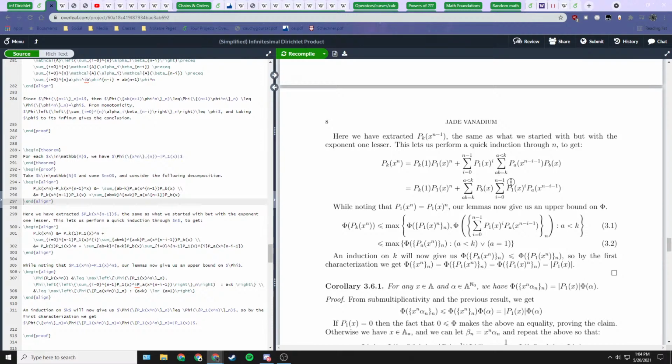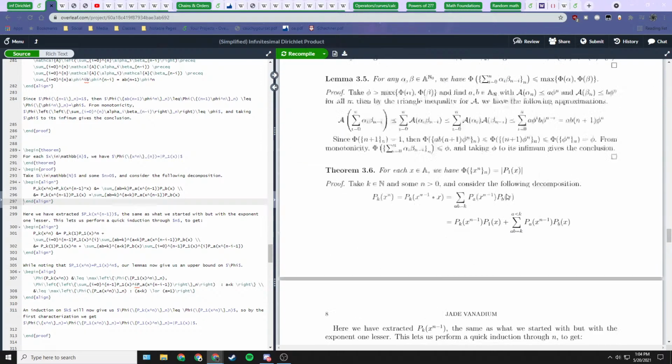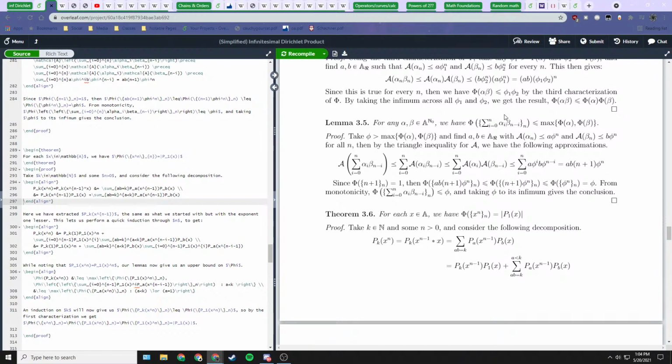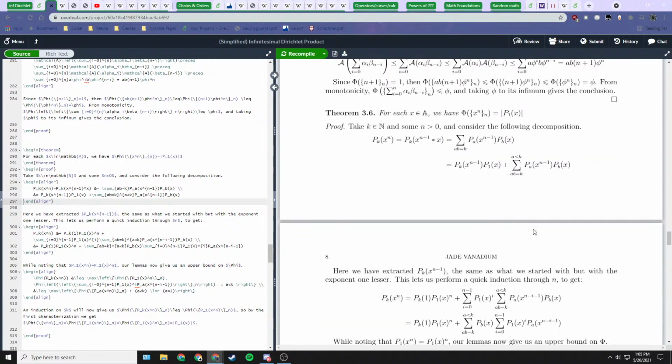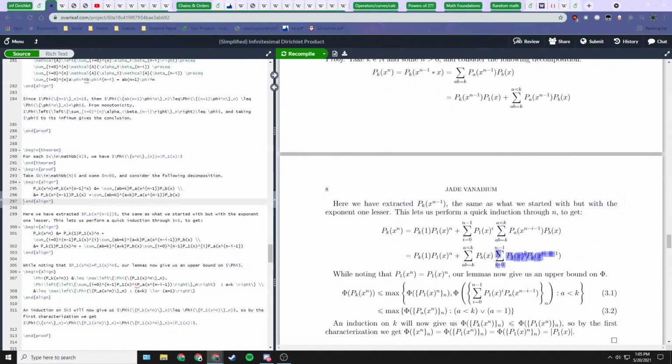And this is why we set up all of our lemmas. Our most recent lemma, recall, is that we have this repeated summation of two things multiplied together. One of them increases with the index of the sum, and the other one decreases with the index of the sum. But the sum of the two indices, this i plus n minus i, sums up to n. And down here, that's exactly what this whole thing is.